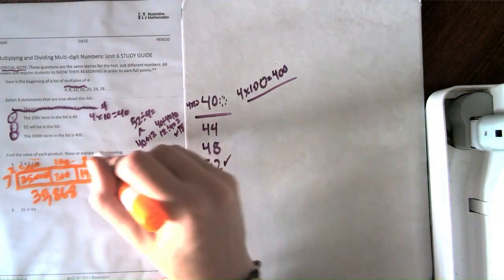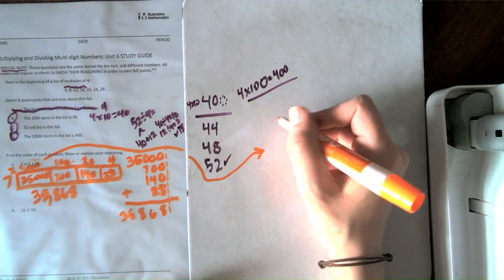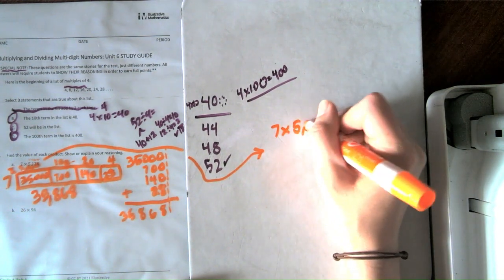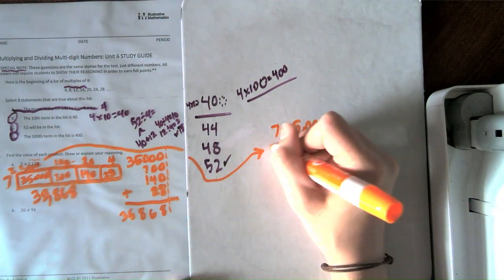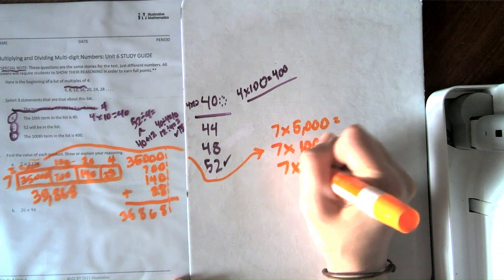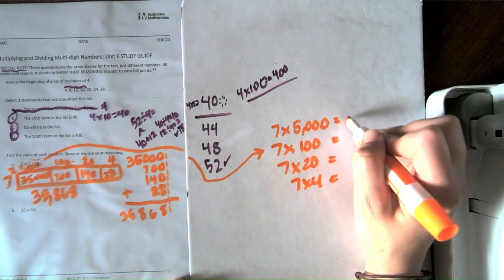Let's talk about another strategy. We're going to take the same question and we're going to come over here. 7 times 5,124. Sometimes students like to break it up like this. 7 times 5,000, 7 times 100, 7 times 20, and 7 times 4. And then,